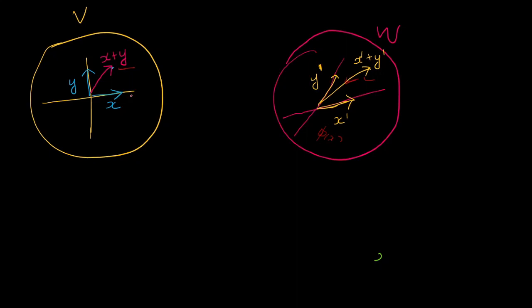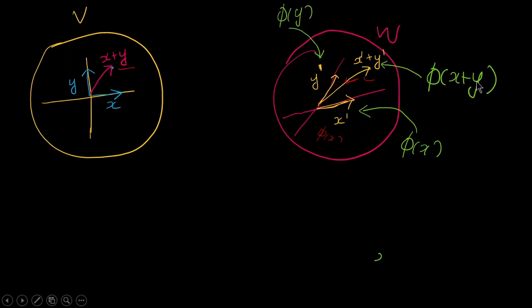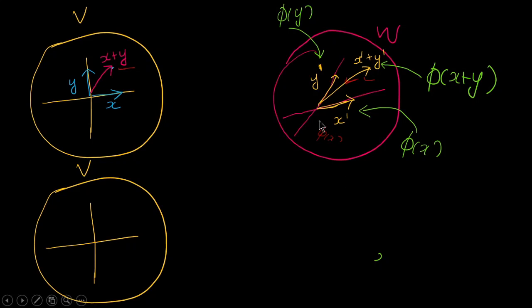Okay, so that means that the summation or the vector addition property is preserved here, and it is also preserved in the w also. So when we add the transformed vectors, we have to get the same vector over here. For clarity, I have written phi of x is x dash, and phi of y is y dash, and phi of x plus y will be this. So phi of x plus y will be this vector, and phi of x plus phi of y will also be the same vector. It should be like that, then only the linearity property will be preserved. Okay, so this is vector addition.